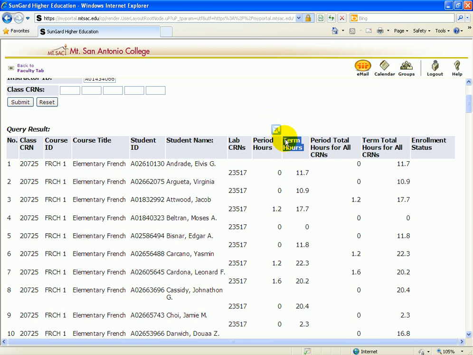So we ran the report after the semester. So for example, we can see that Jacob Atwood, okay, this is Jacob Atwood, and he came to the lab for 1.2 hours during week 8. And since I'm running this report after the end of the semester, we can see at the time I ran the report, he had 17.7 hours. Okay. Now this is for French 1, CRN